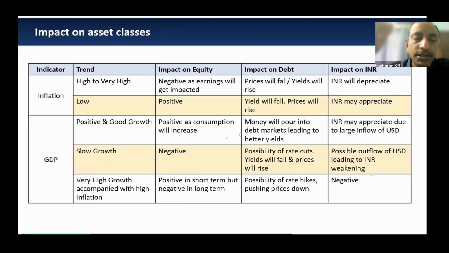Similarly, if I feel that interest rates are going to go up, which is not going to happen in India, at least in the foreseeable future, but if they were, what kind of asset classes can I get into which can benefit? Similarly, if you find that the GDP of the country is constantly growing and inflation is also moderate, then what will be the impact on equity? What could be the impact on debt? Can I take some positional or tactical calls? That is one way of looking at whatever we have learned. But all of this requires a deeper understanding of timing, in terms of when to enter and when to exit.